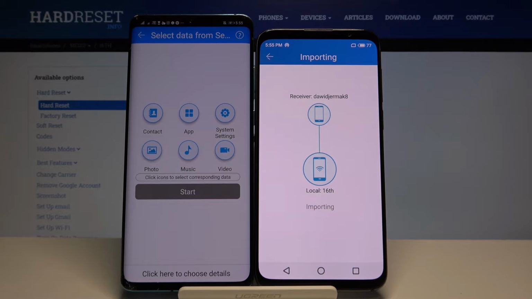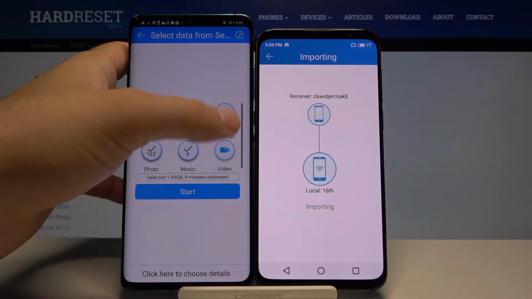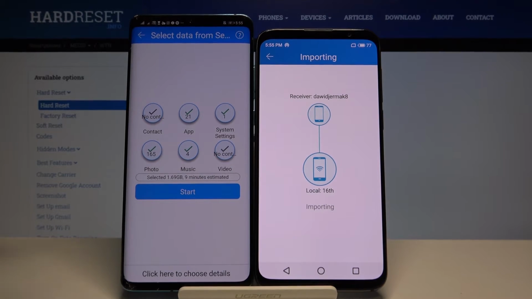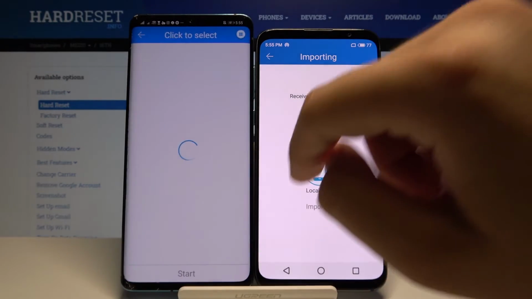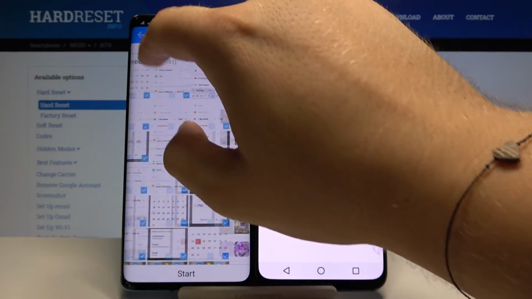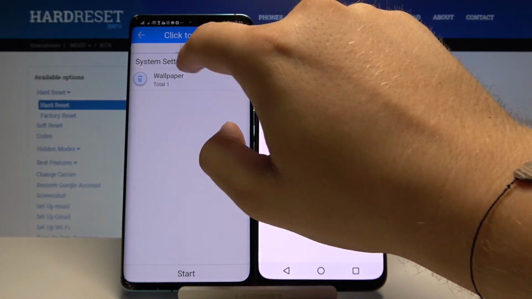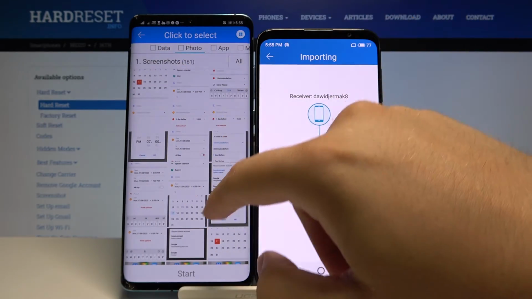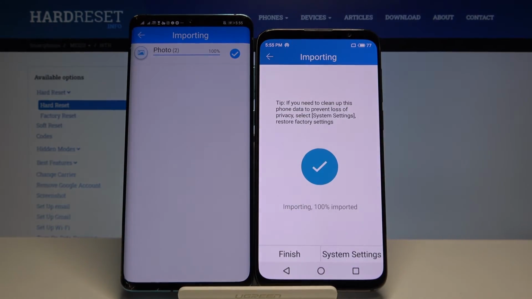And right now, if you want to send everything, you have to click on all of these icons and then just tap Start. But in my case, I will go for the details, and I think that I'm going for the photos. So I'm going to unselect other stuff, and I can take just photos, click Start, OK, and as you